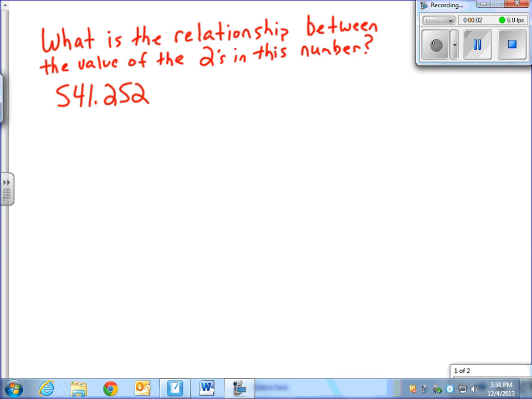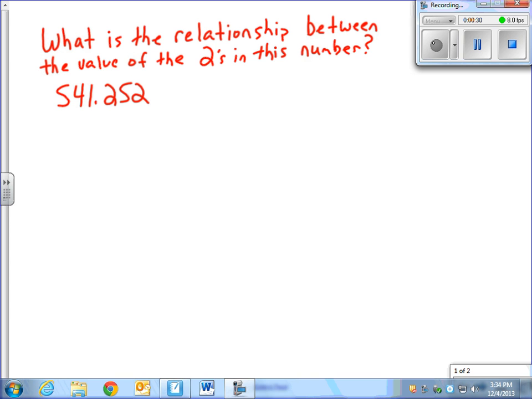All right, hello there. We're going to talk about an FA that we took the second trimester labeled NBT1B. Once again, NBT1B. The I can statement associated with this FA is I can recognize relationships between digits in multi-digit numbers by powers of 10. So once again, we're going to be dealing with powers of 10. However, we're going to be dealing with them associated with decimals this time and not whole numbers like we did